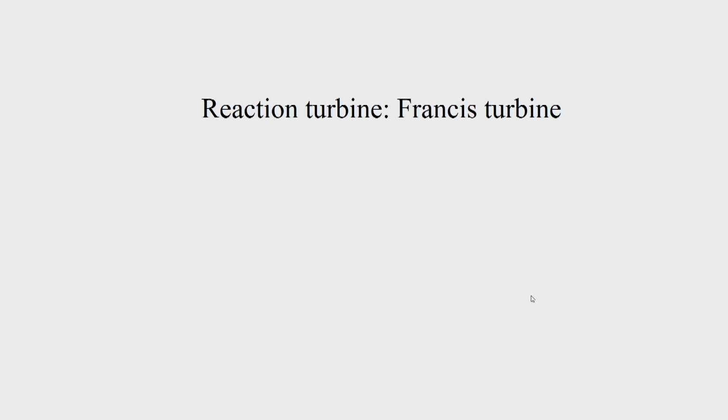So, we will continue our discussion on principle of hydraulic machines and system design. Today we will discuss about reaction turbine. We have discussed that the hydraulic turbine can be classified based on the utilization of head available. So, one is impulse turbine, Pelton wheel, that we have discussed. Today we will discuss about the radial flow reaction turbine, that is Francis turbine, and then we will discuss about the axial flow. So, today we will discuss about the operational principle of a Francis turbine, and then we will